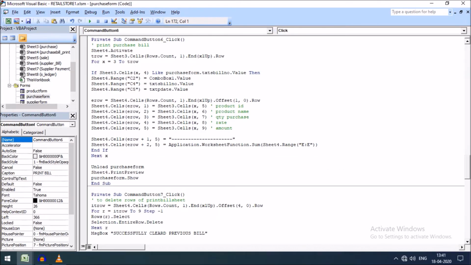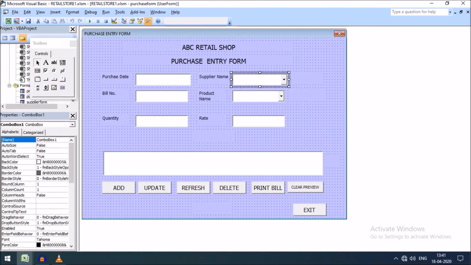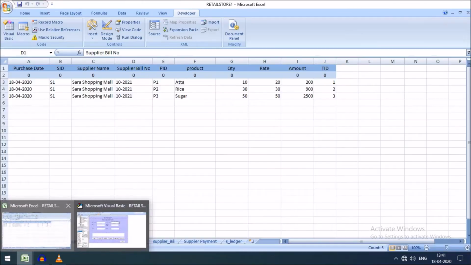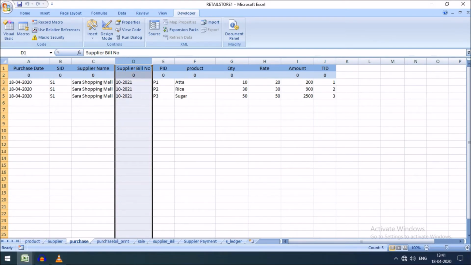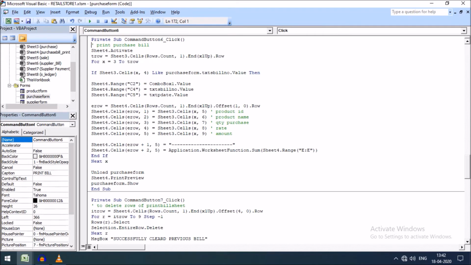If this matches, then cell address C2 will hold the combo box 1 dot value. What is in combo box 1 dot value? This is our combo box 1, the supplier name, like this. So going back and print, here you can see supplier name and bill number, text bill number.